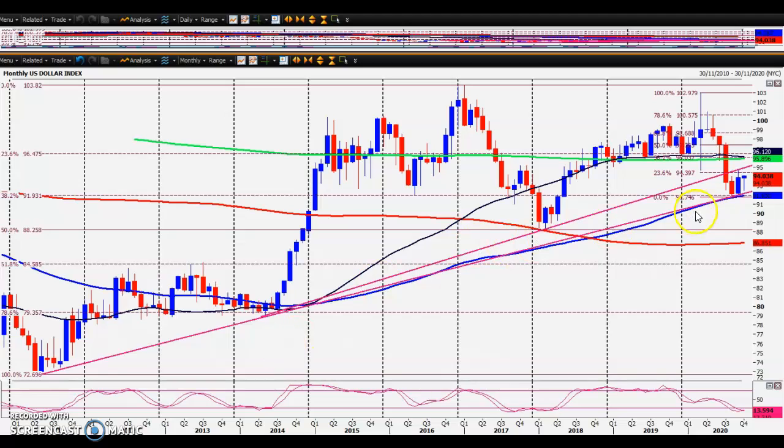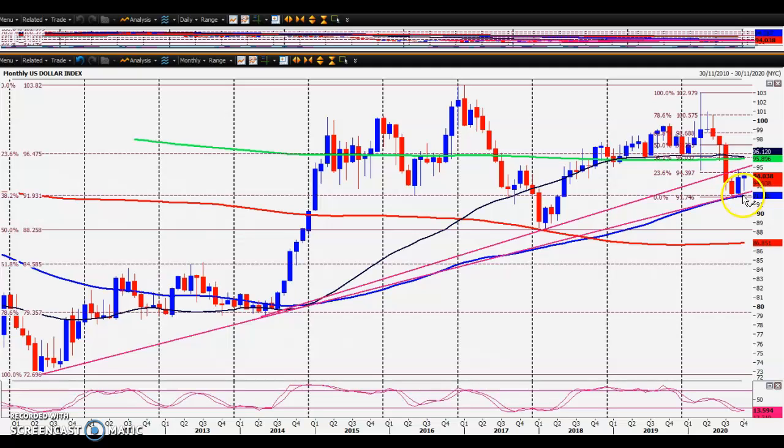Big trend line going back 9 years, 100-month moving average, 38.2% Fibonacci support at 91.93. Big bullish engulfing candle in September. Now, October was confusing me. I didn't know why we'd fallen so much, and when we did fall so much, I was hoping to buy the dollar down here. Didn't quite get the chance, but we did manage to get onto some long dollar trades